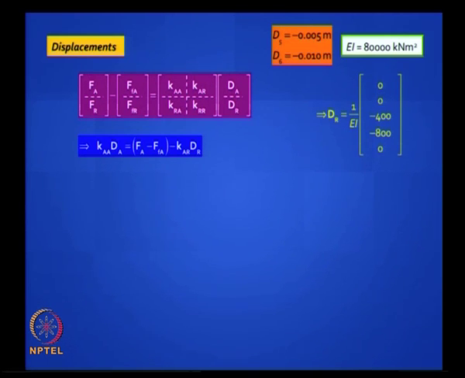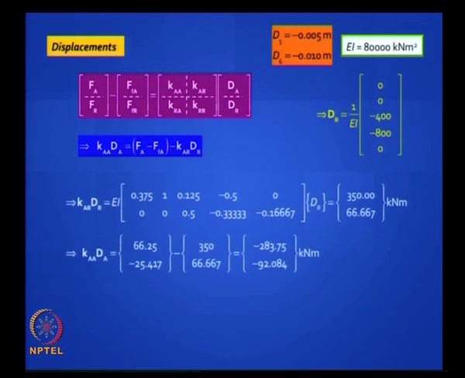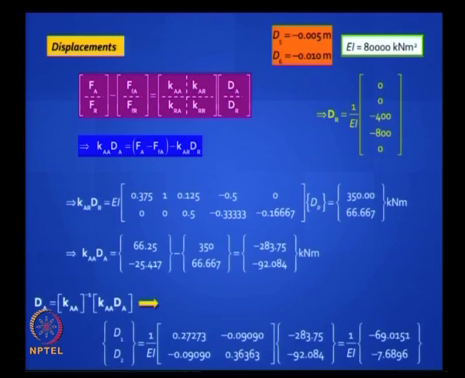You know that there is no rotational slip or settlement anywhere else, so it is 0 0 minus 400 minus 800 0. Is it clear? Now you are all set to apply and solve. You first take care of the dr kr. You can do this stepwise or you can do it in one shot, I leave it to you. Finally you get the answer, okay.